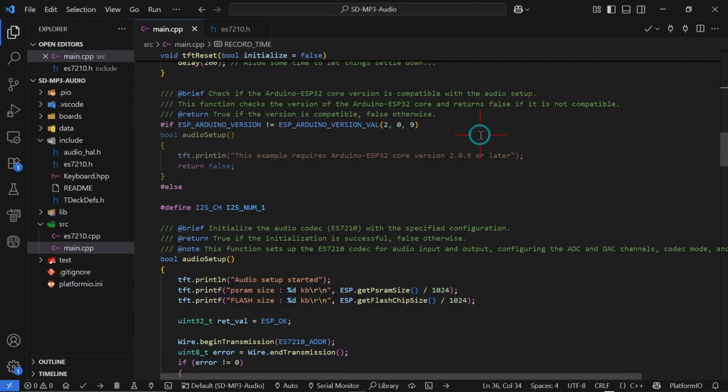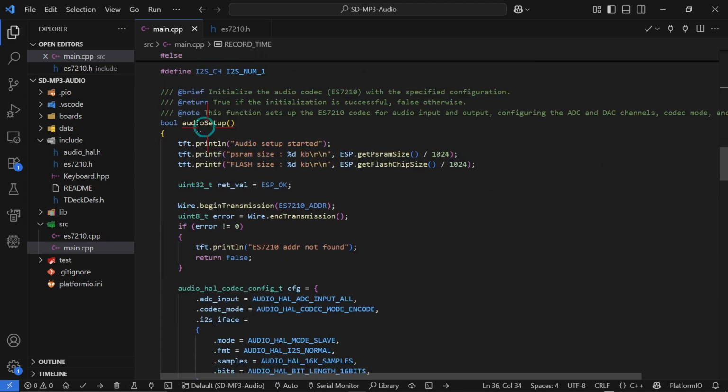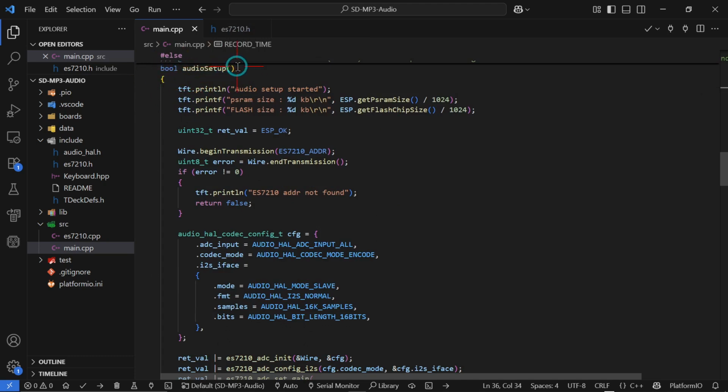The ESP32 version that we need to do the audio and stuff properly will have to be bigger than 2.09 or something like that. And if it is not, then it stops the compilation and it puts an error message on the screen. The I2S channel that we're going to be using is going to be channel number 1, and this is the audio setup. So it just displays a bit of information. It sets up the